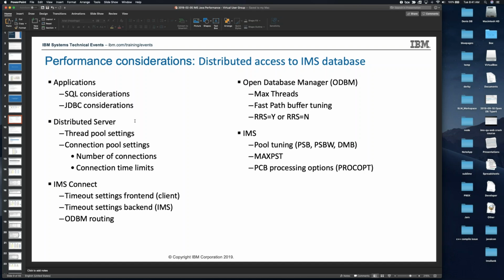Then from an ODBM tuning standpoint, we'll hit on tuning the maximum threads it can open against your IMSs, and if you're using FastPath, there's FastPath buffer tuning, as well as some considerations around whether you want to set RRS yes or no. And then there's sizing your IMS and tuning those buffer pools. So these are some of the topics we're going to hit along the way here. So the first one we'll talk about is